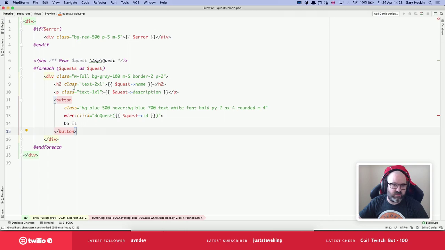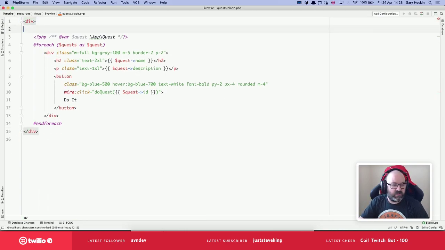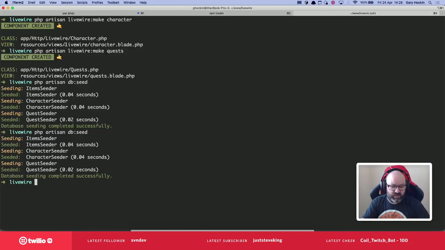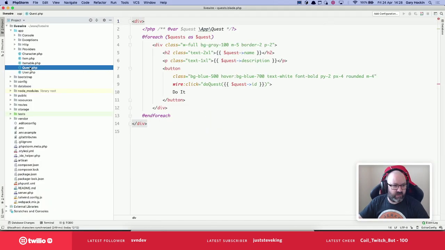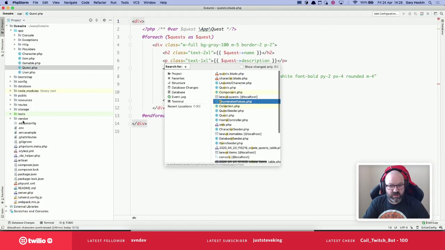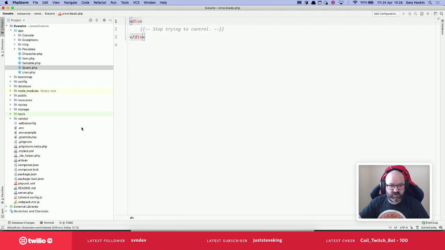Whereas if we move this into its own component, so PHP artisan Livewire make error. Awesome. Then if we go to error.blade.php, and if we say that looks like that,